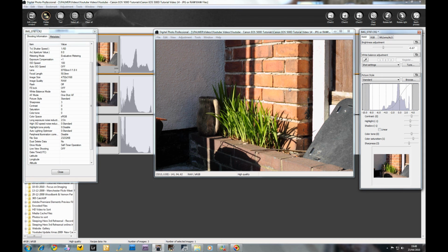So that's just a quick introduction to the differences, plus points and minus points between JPEG and RAW, and hopefully it will help you to decide which one you want to shoot in. I will be doing tutorial videos on this software once I've spent a bit more time with it myself, because I actually use